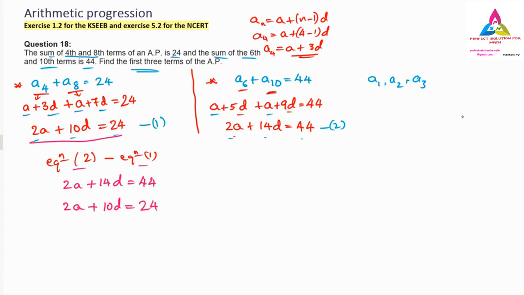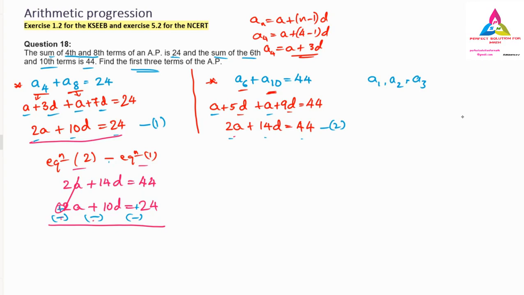So we have to calculate, but before the calculation I have told that when you do the subtraction the sign will change. The plus will become minus, plus will become minus, plus will become minus. Here nothing we have means plus we have. So the calculation part next is 2a minus 2a. Don't see this symbol, we have the new symbol as this one. So 2a minus 2a gets cancelled.